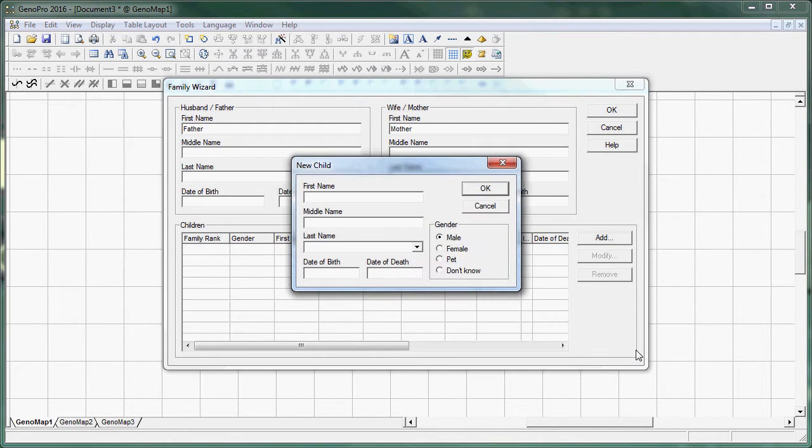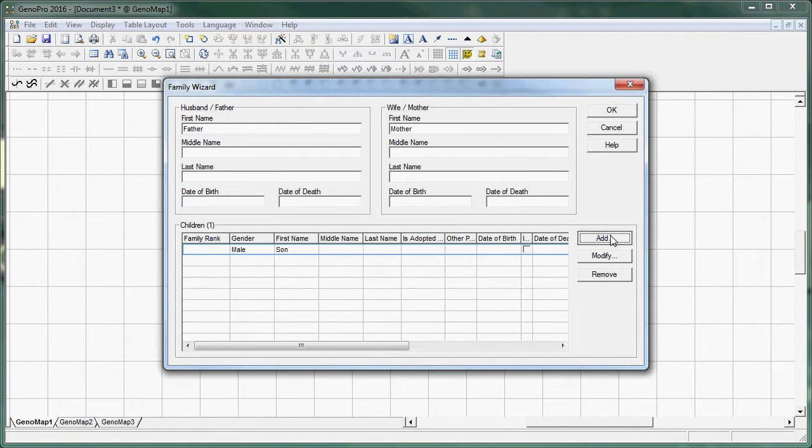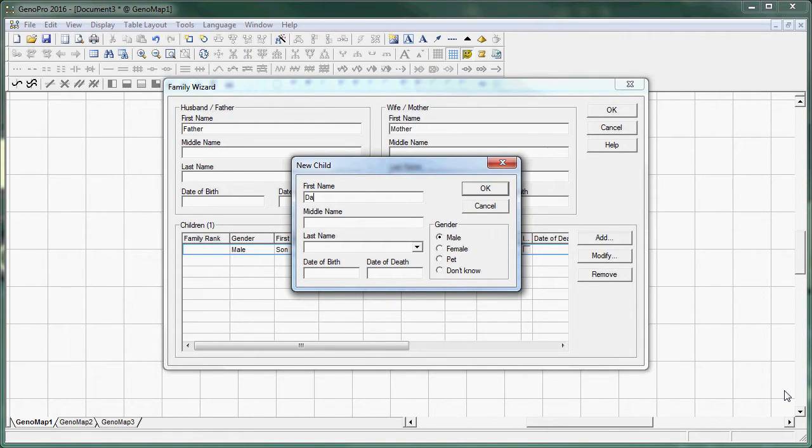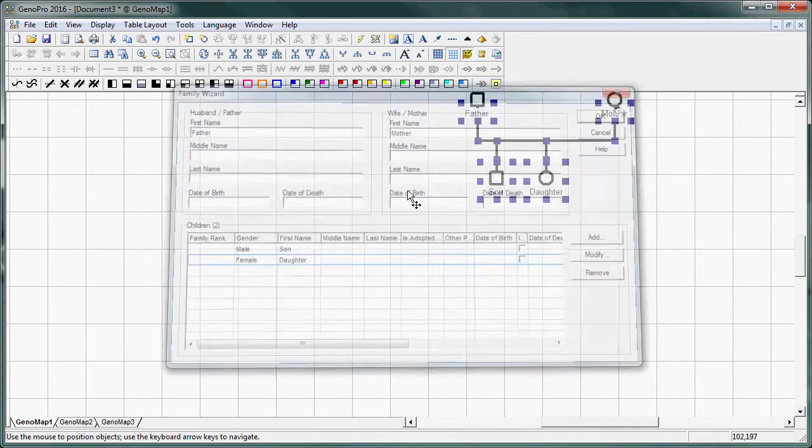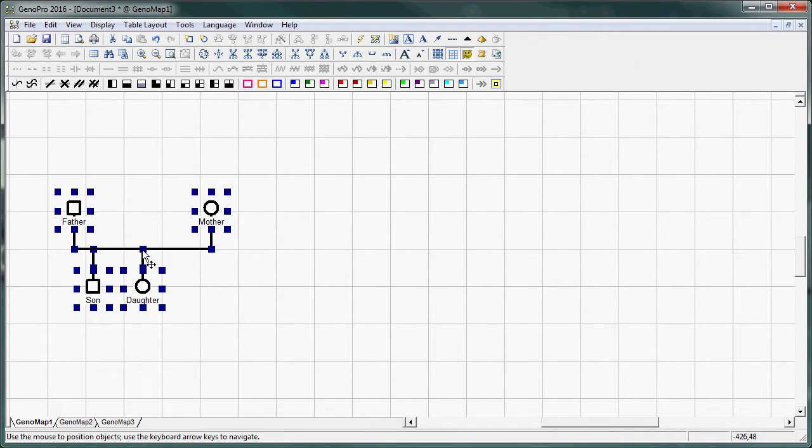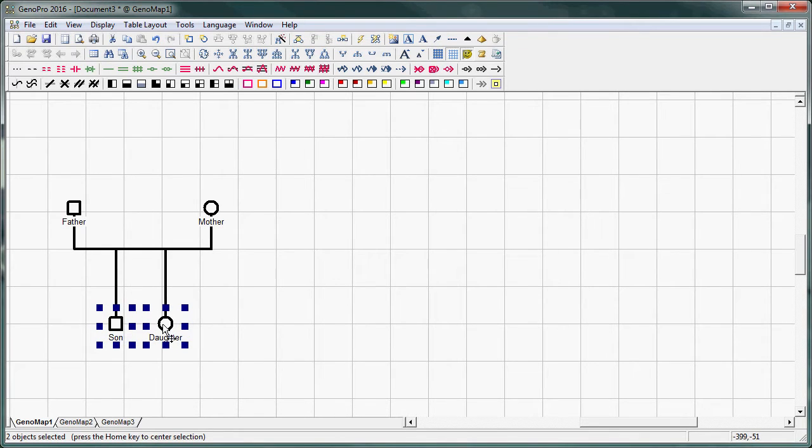Add two children, a son. And I'm going to add a daughter. Set her as female. Okay. And click OK. So I have this little family here. Great. I'm going to set these here, and we're going to do the